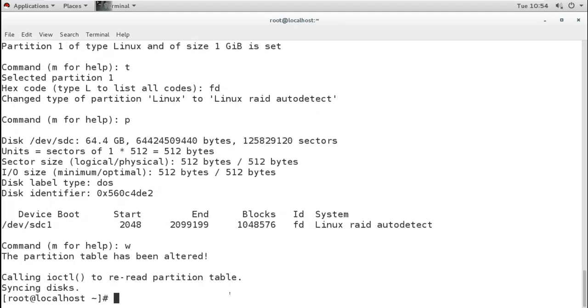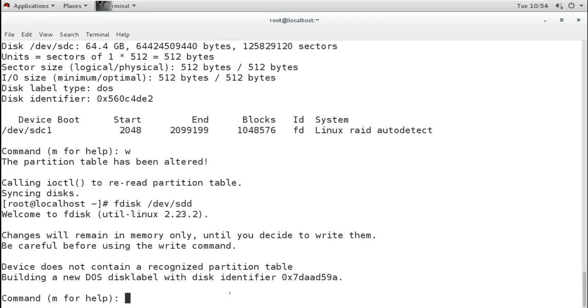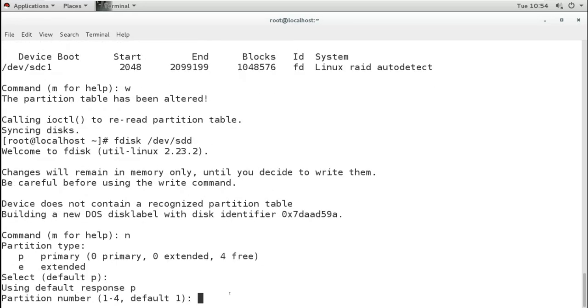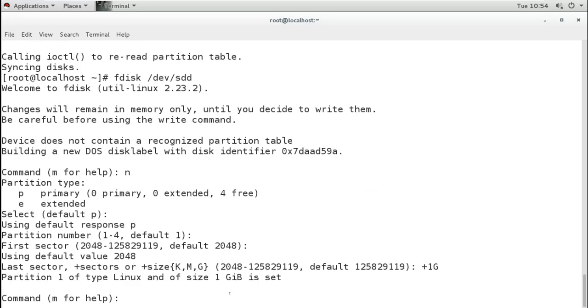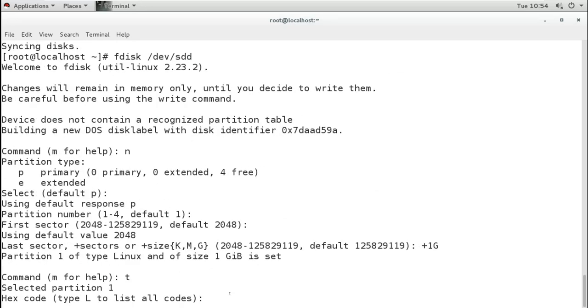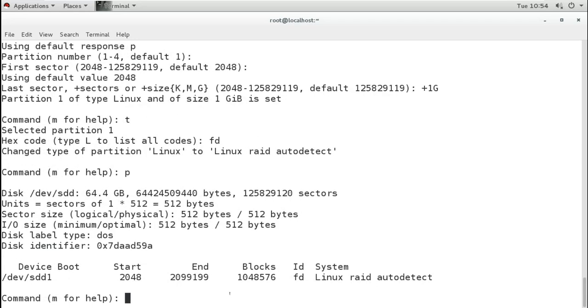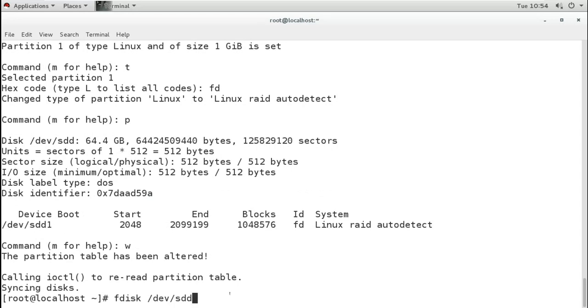Now I will create in SDD. So new, plus 1 GB, and the type will be FD. It is also done. Save and exit. Now we have one more disk, E. I'm using 4 disks.